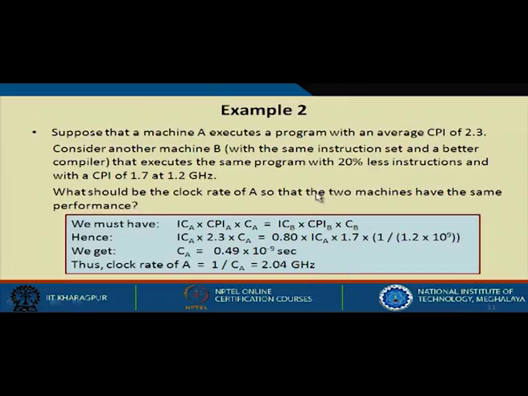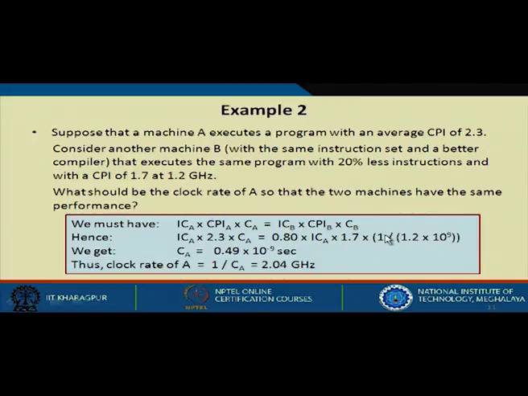So, for both the machines, CPI is given, and one machine executes the same program with 20% fewer instructions. So, one takes 100% and another takes 20% less, so that means 80%. So, for A, IC A will remain the same, this is 2.3, and this is the clock of A, that is what we have to find out. And for B, IC is 20% less, so it will become 80%, so 0.80 into IC into 1.7 into